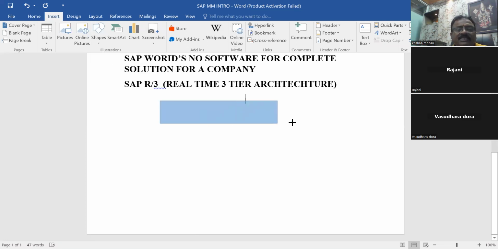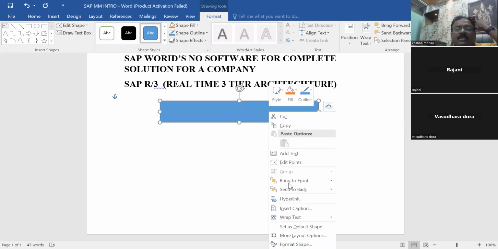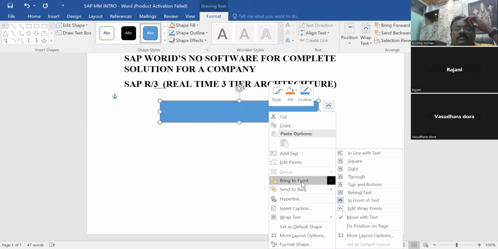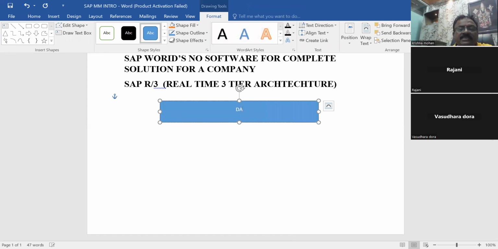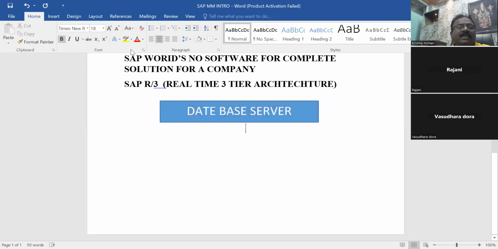Three-tier architecture means, for example, this is a database server. This is one server.